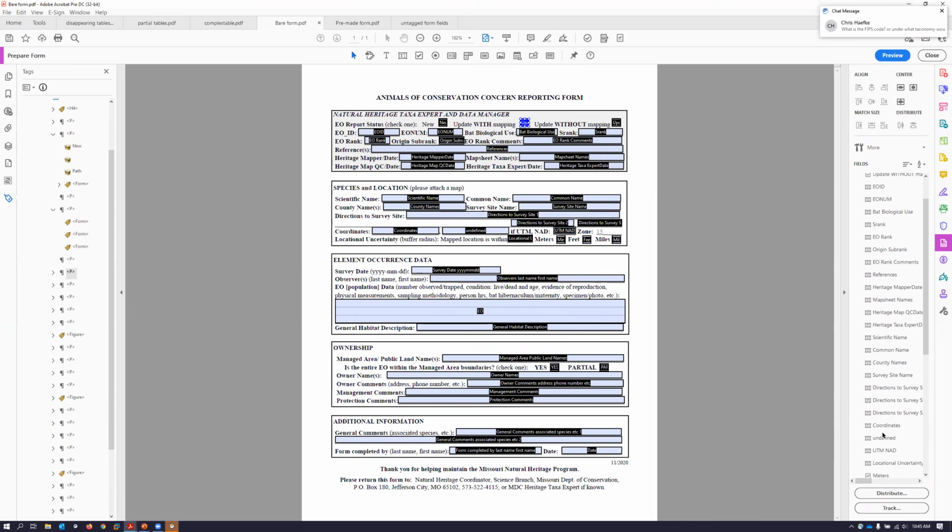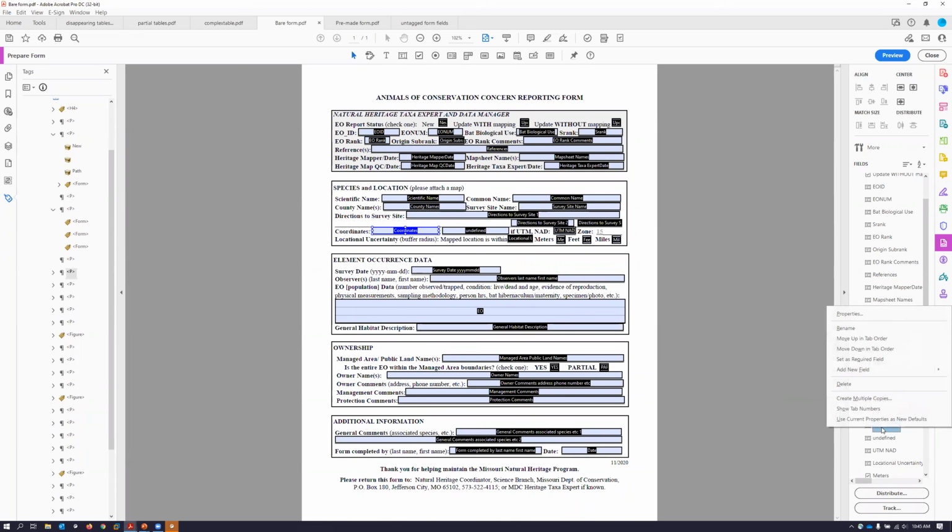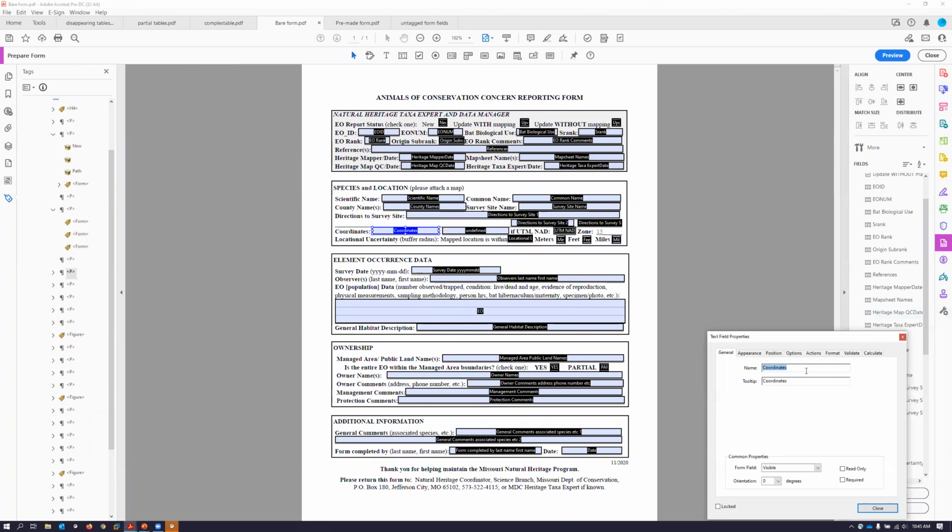So here's another example of why we need to check these items. We look at coordinates here. It looks like it has two fields. The second one is undefined. Again, checking with the creator of this thing, we might want to change that to